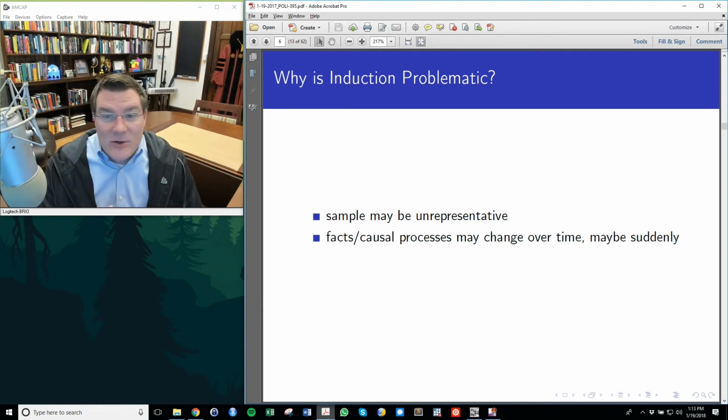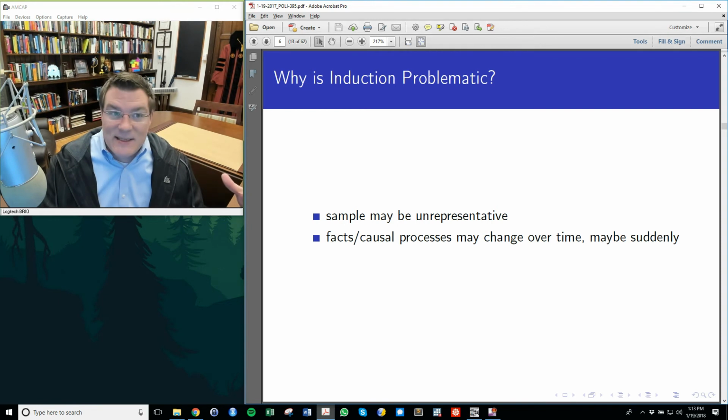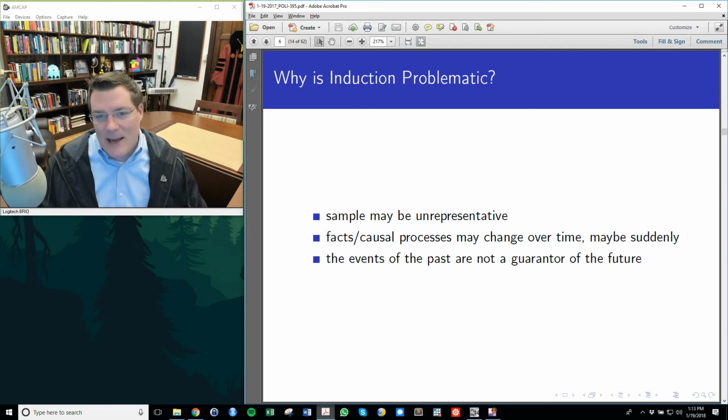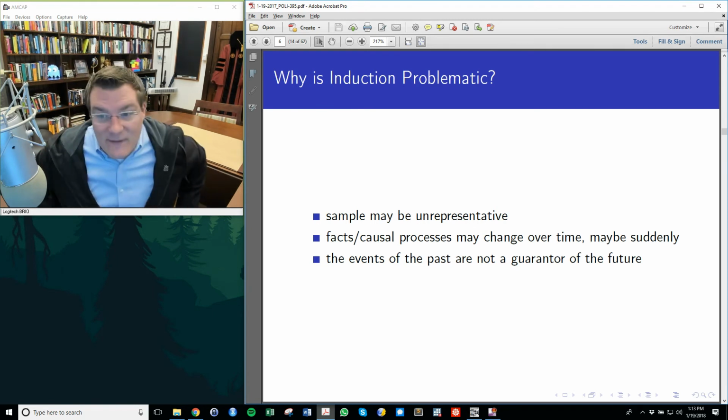That's a big factor that didn't exist back then, and that may influence how presidents get elected, how politics happens. So looking at past data may not be informative if the process that generated that data has changed between then and now, if we're interested in studying now. The bottom line here is the events of the past are not a guarantor of the events of the future,